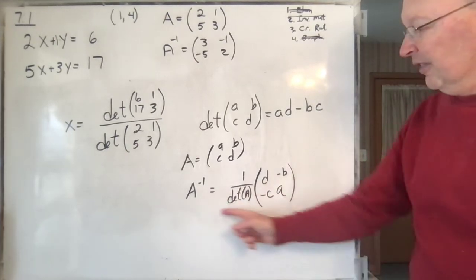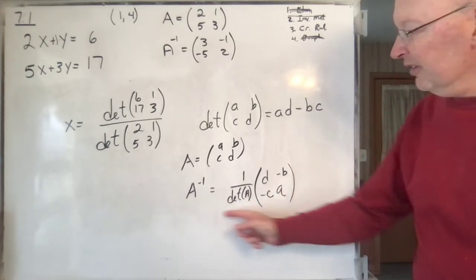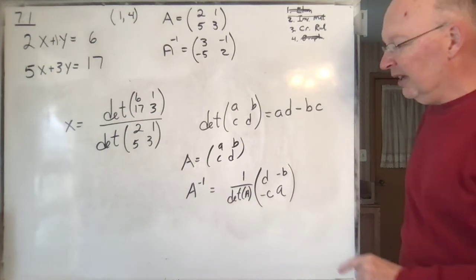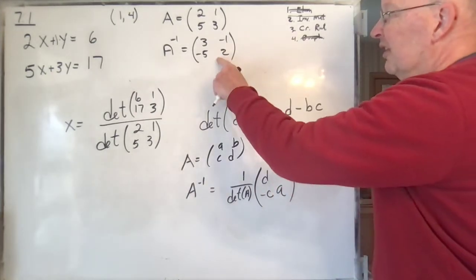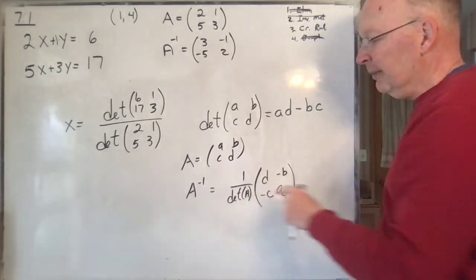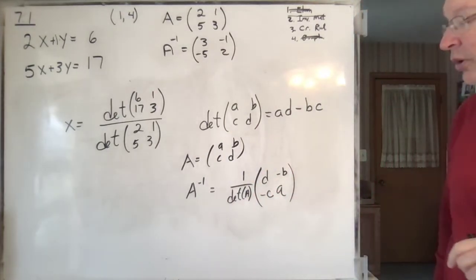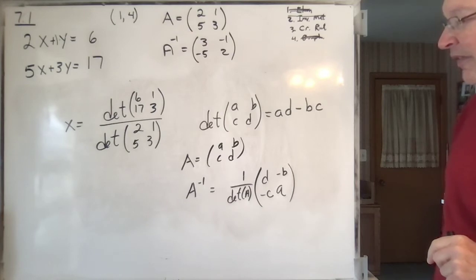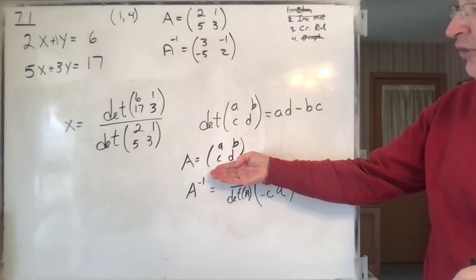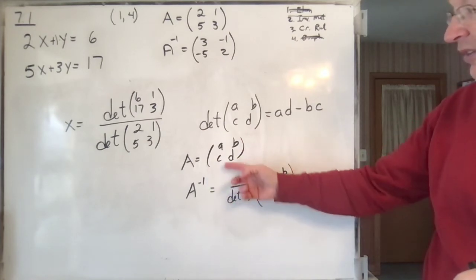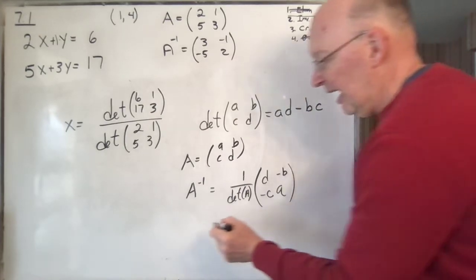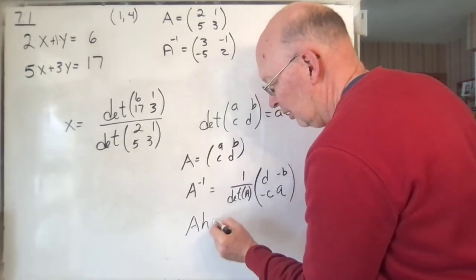Notice that this also tells us something else, which is very important. It tells us that if the determinant is equal to 0, then you're dividing by 0, which you can't do. And if you can't divide by 0, what that's telling you is that this thing has no inverse if the determinant is 0. See that? A key factor here. A has no inverse